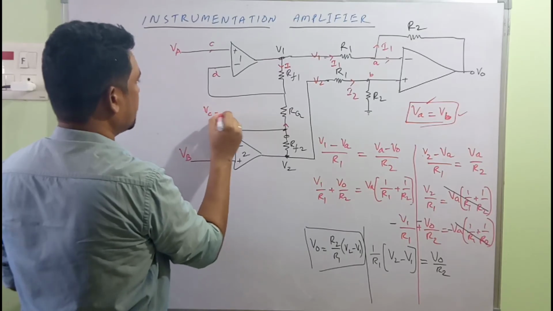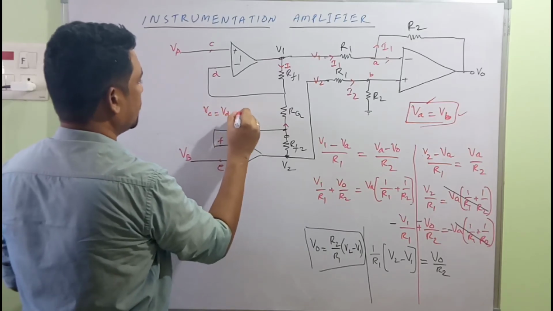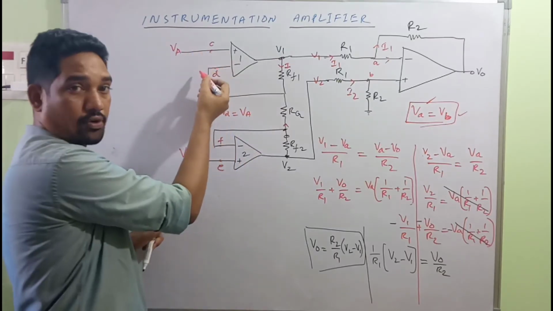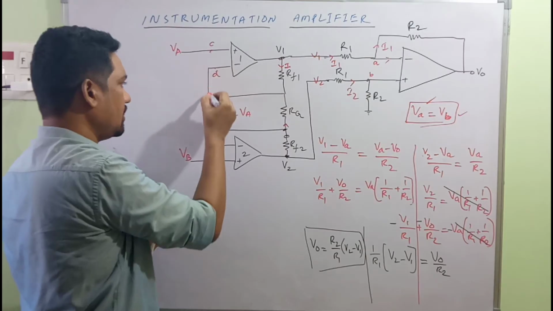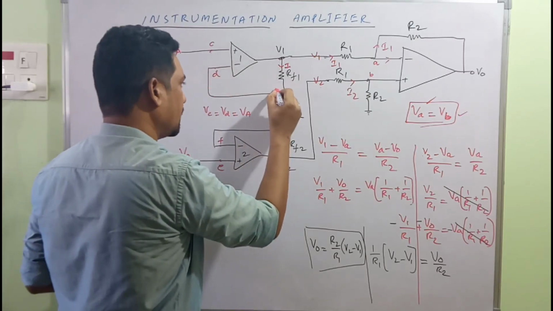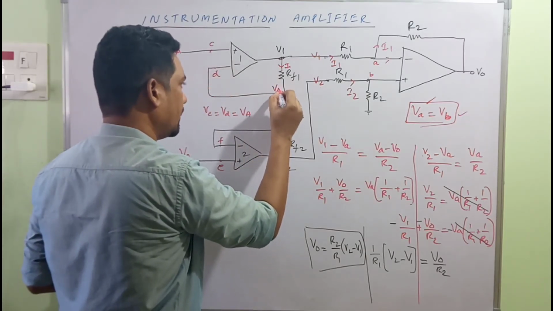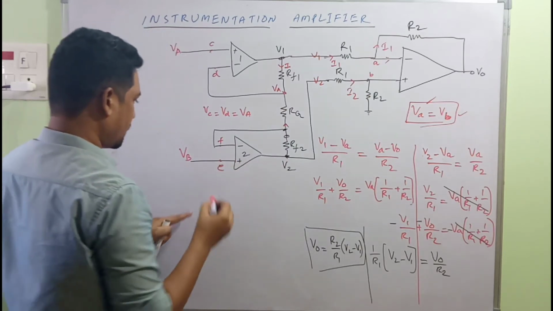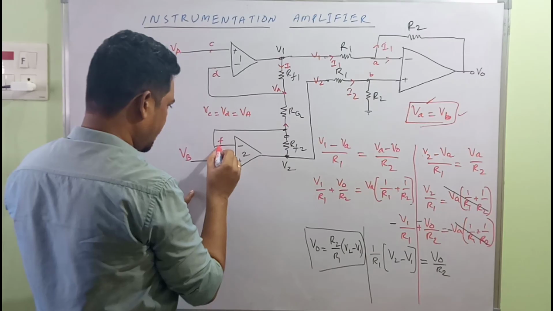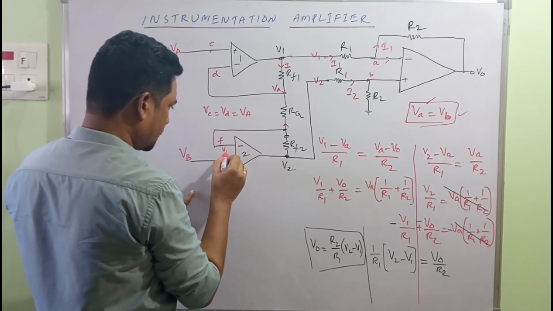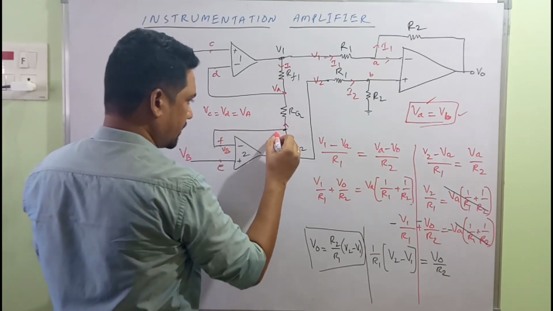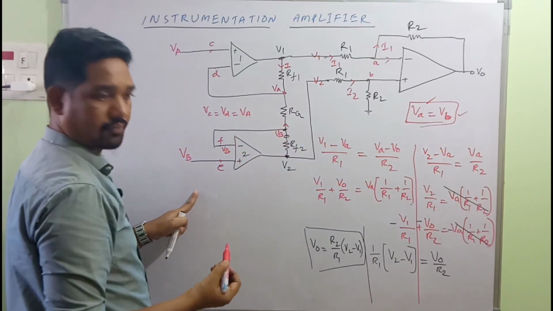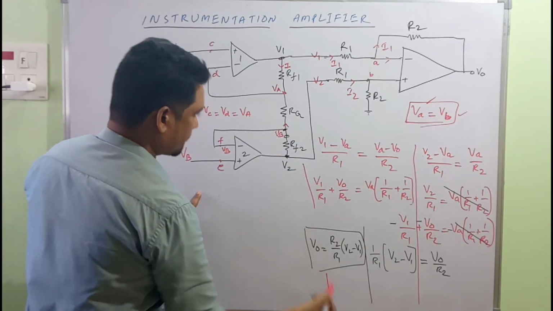VC is equal to VD is equal to VA. In the sense, we have VA here, the same VA will be appearing according to the virtual ground concept. The same VA can be seen at this one, VA. Very important one. I need your even more attention, your concentration. And over here, we have VB. The same VB will be appearing over here, VB. The same VB can be seen over here, VB. Make a note, please. We need all these expressions.